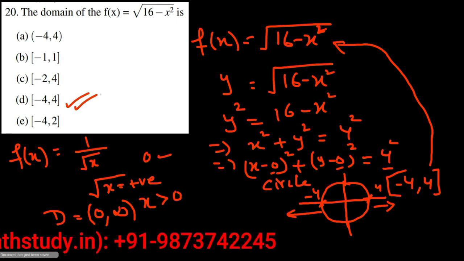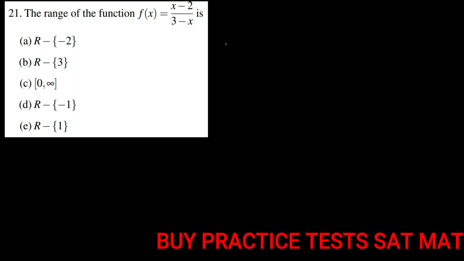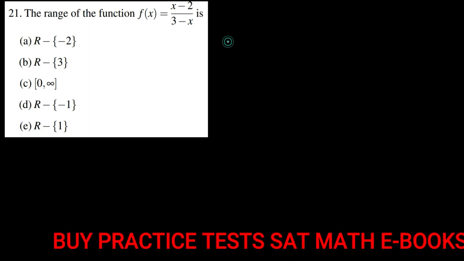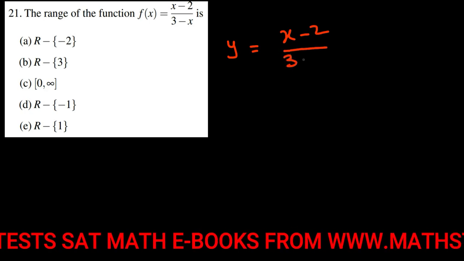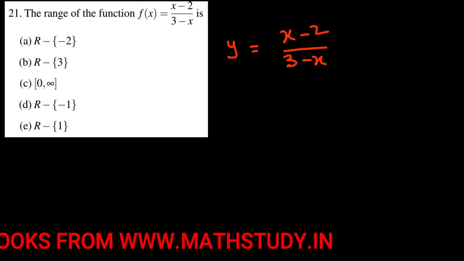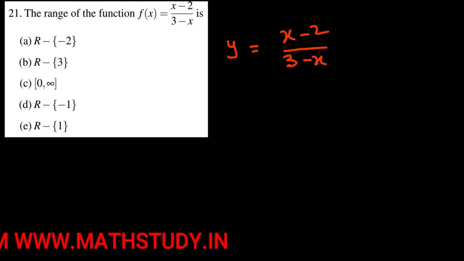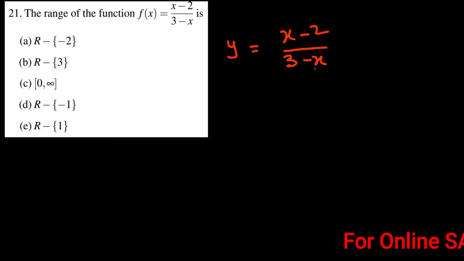Now let's move towards our question number 21. So students, this is our question number 21. Here we have to find the range of the given function, right? So in case of range, what we have to do basically, we have to convert, let us say this one, if y is equal to, let us assume, x minus 2 upon 3 minus x, right? Here y is written in terms of x. Now what we have to do here, we have to just convert this in terms of y. We have to write x in terms of y, and later on we will discuss how to find the range of this function.